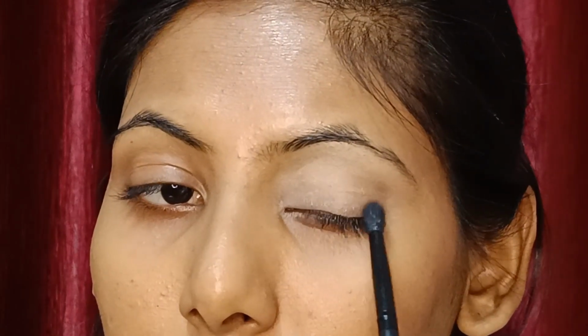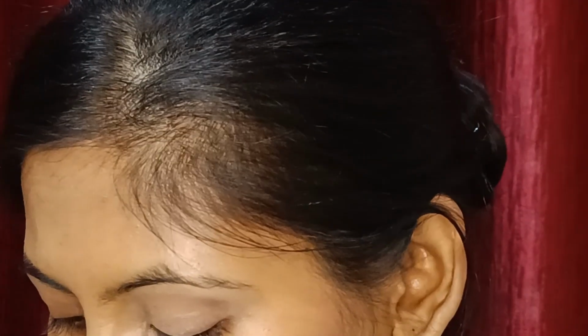I'm going straight in with a dark brown eyeshadow on the outer corner and bring it into my crease line. And I know it's best practice to use a transitional shade, but I think it's unnecessary. You can rather pick the lightest amount of product and then use it on your crease to create a smooth gradient, because as a beginner I think